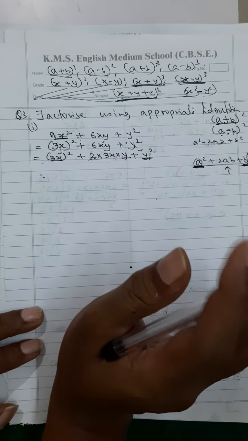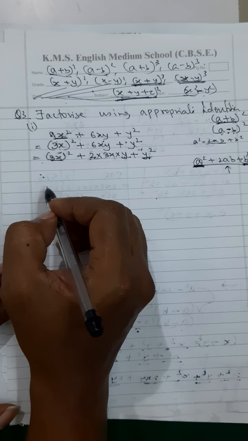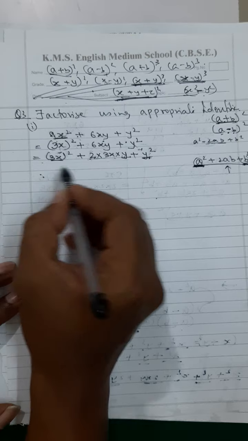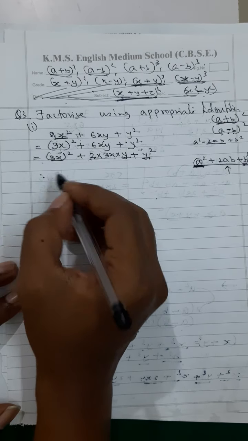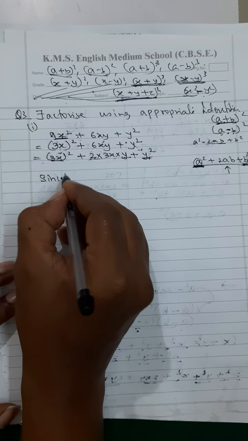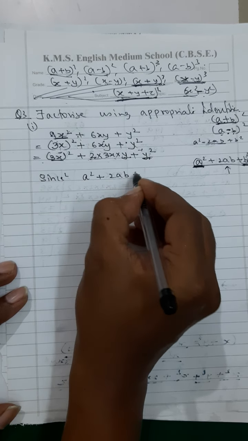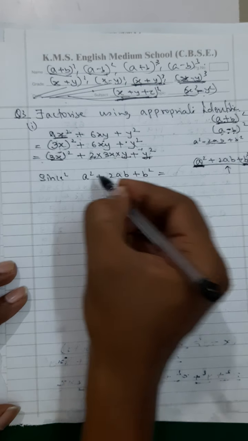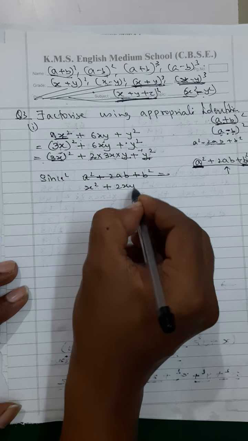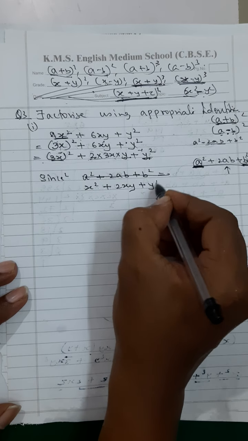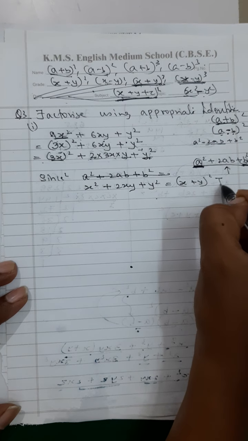That means now you are in this form. So now you will tell, comparing with this you have done. Now since a square plus 2ab plus b square, sorry, x square, you have got x square plus 2xy plus y square is equal to x plus y the whole square, identity